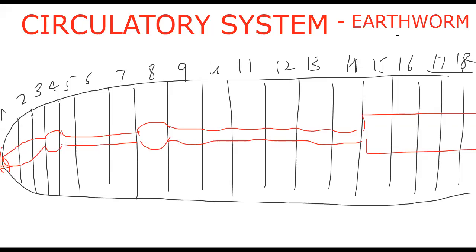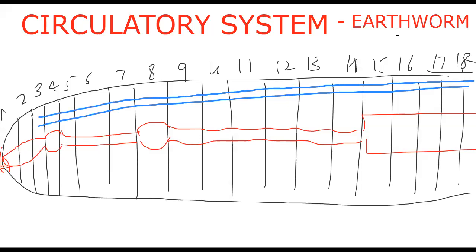The blood vessels. I am introducing blood vessels one after another for you. First, the dorsal blood vessel, a blood vessel on the dorsal side, as we discussed in the starting also. This dorsal blood vessel is visible outside also as a mid dorsal line, a black line we will find outside. I am not saying the color here. Originally when you look, it seems like a black stripe, but the blood color is red in earthworm.